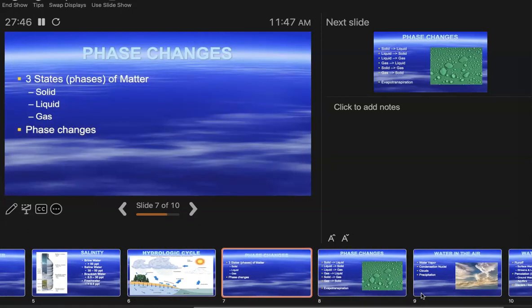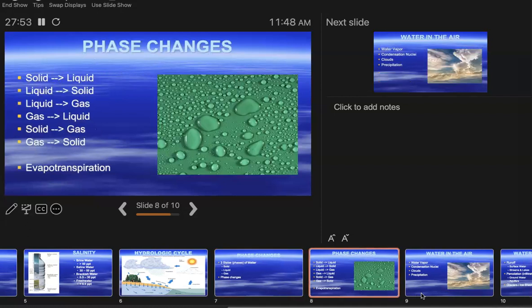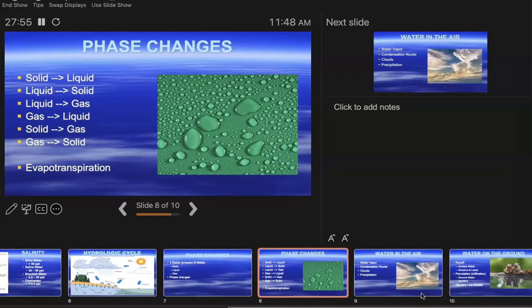All right, so 3 states of matter, 3 phases of matter, solid, liquid, gas. We talked about that earlier. As you move from one to another, it's a phase change. All right, so we got words for all these. Let's see what you guys remember. Let's play 20 questions here, or 7 questions at any rate. Solid to liquid, what do we call that? Liquefaction. Now, we're going to go with melting, but thank you. That's a great word. Liquid to solid. Not solidification. No. Freezing. We're in the context of water, so we're going to keep it fairly simple.